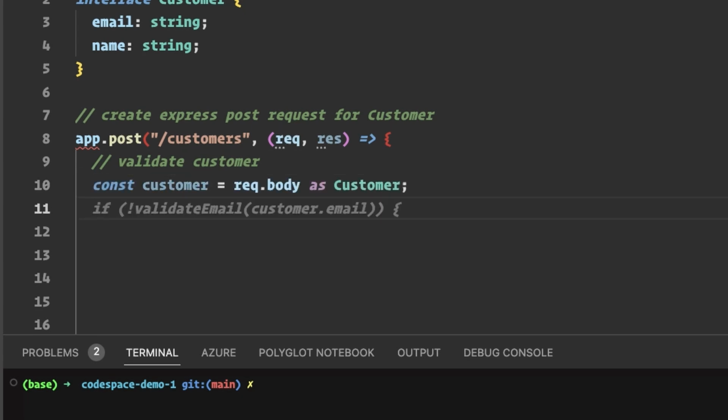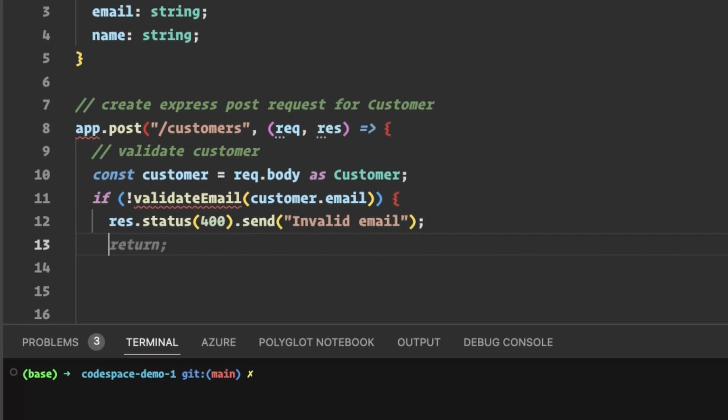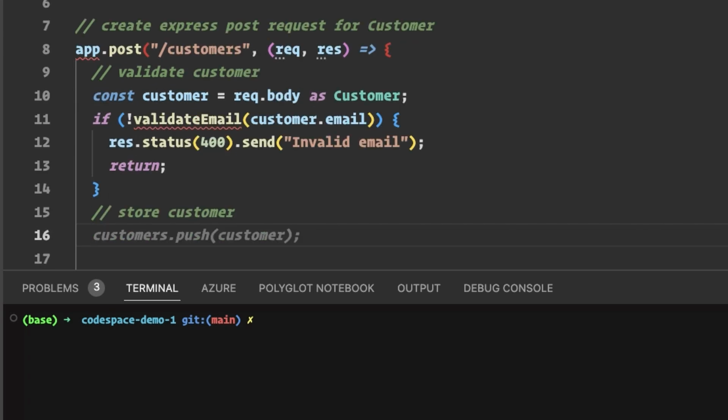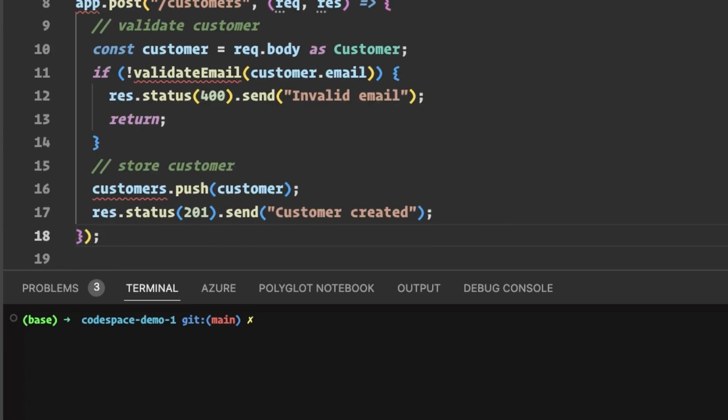That means that someone is posting their customer data to me. Validate email, I definitely want to do that. That's later in this video. And here we can see that if you're not providing a valid email, it's gonna spit out a 400 error response. And we see that it wants to store the customer and put the customer in a list. Great. And customer created. Fantastic.